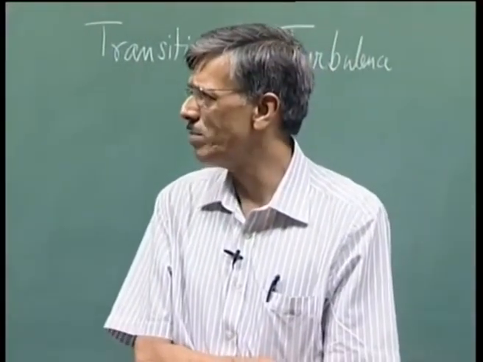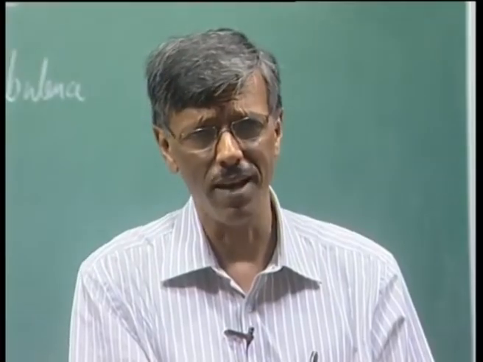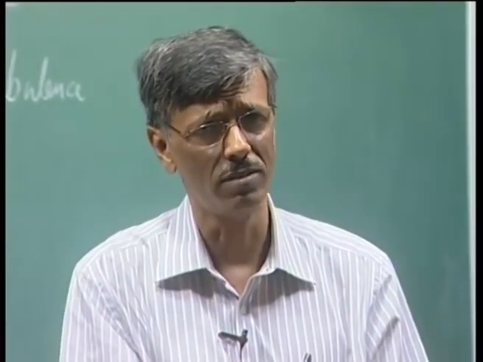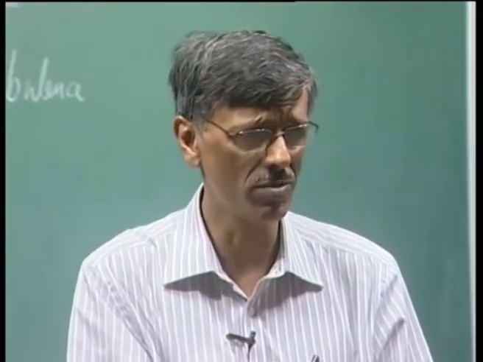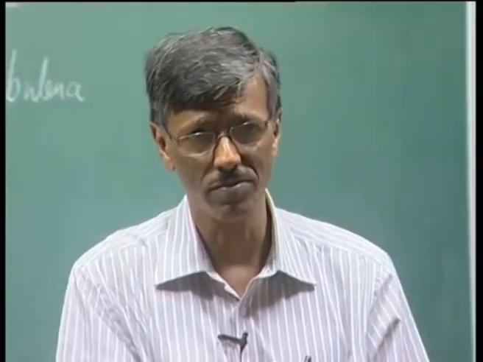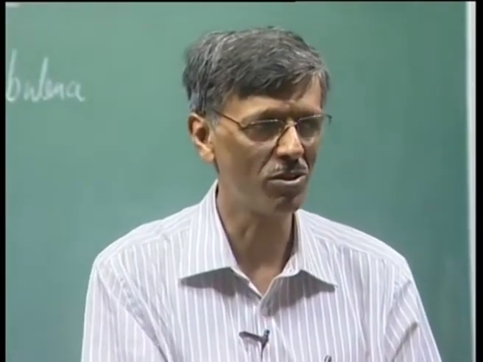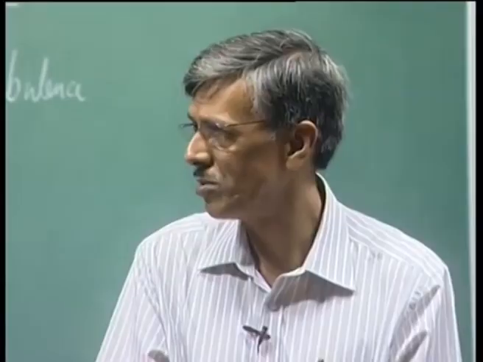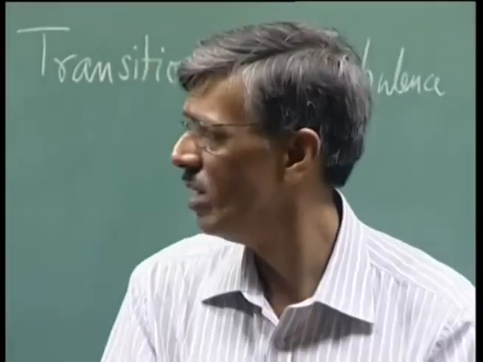So, what happens there is we do not have streamlined body flows; instead we have bluff body flows, and they also suffer some kind of an instability. Now, instability per se can occur in two different ways or a combination of these two ways. What are these two ways? The disturbances can grow in space, disturbances can grow in time, and disturbances can also grow in space and time. That is what we talked about: spatio-temporal instability, disturbances which simultaneously grow in space and time.